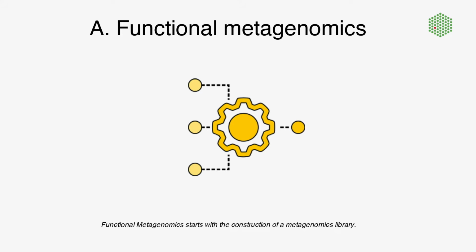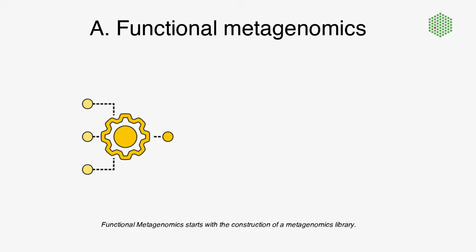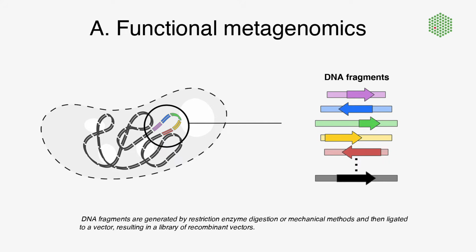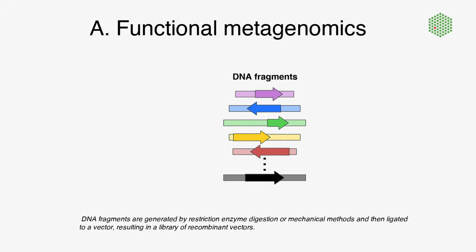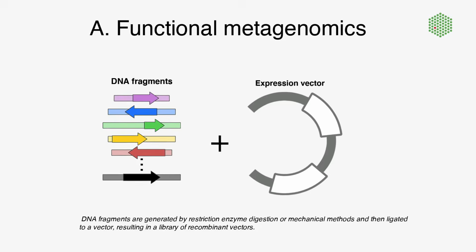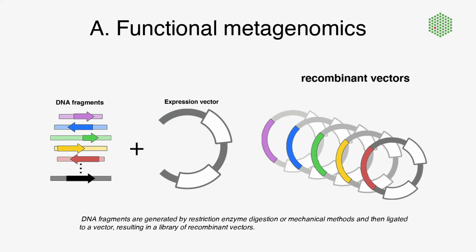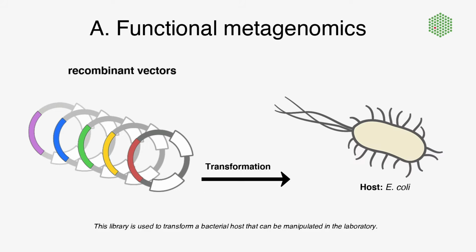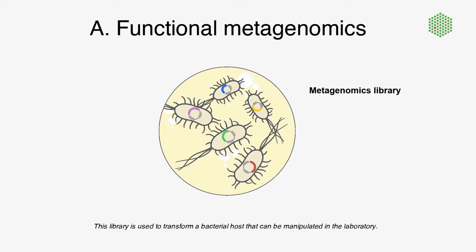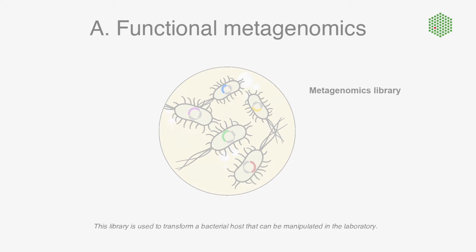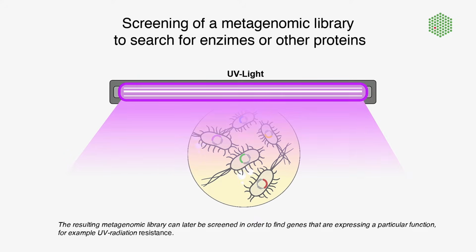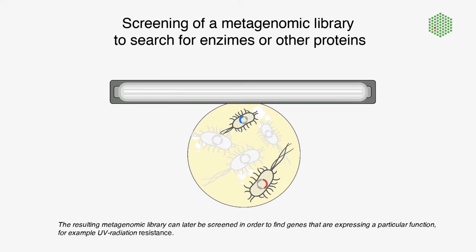Functional metagenomics starts with the construction of a metagenomics library. DNA fragments are generated by restriction enzyme digestion or mechanical methods and then ligated to a vector, resulting in a library of recombinant vectors. This library is used to transform a bacterial host that can be manipulated in the laboratory. The resulting metagenomic library can later be screened in order to find genes that are expressing a particular function, for